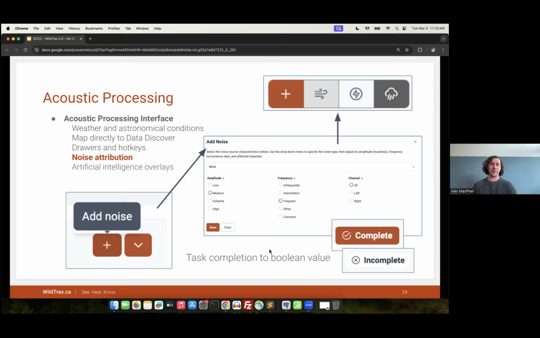And so you're able to more easily get through recordings, add those noise values in the recording if you don't want to process it, and then move on to the next one. That way, if somebody needs to know why the recording wasn't processed or why there's less species detection in a recording, these noise values and this noise attribution will be able to help with that. And again, you'll see a lot of different icons available for wind and rain and ocean noise and industrial noise, and much more within this noise attribution panel here.